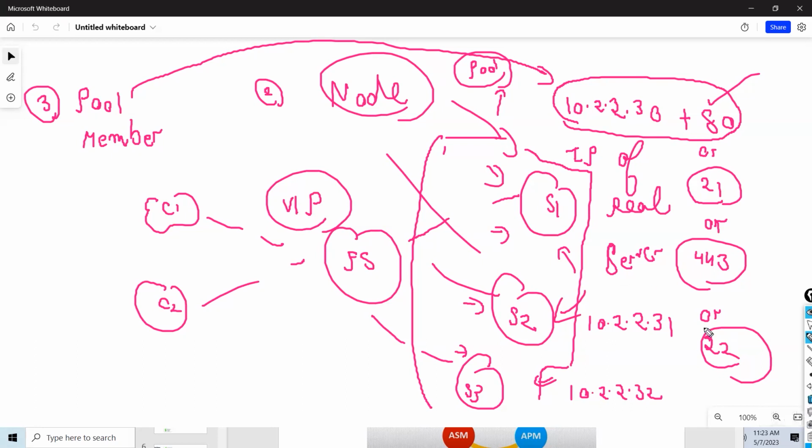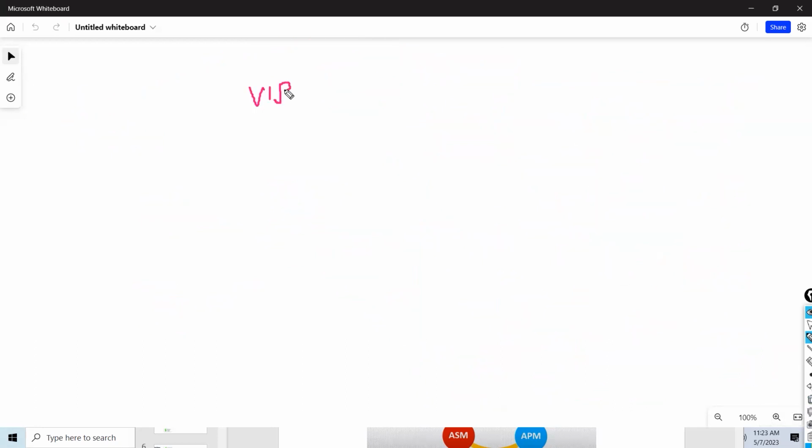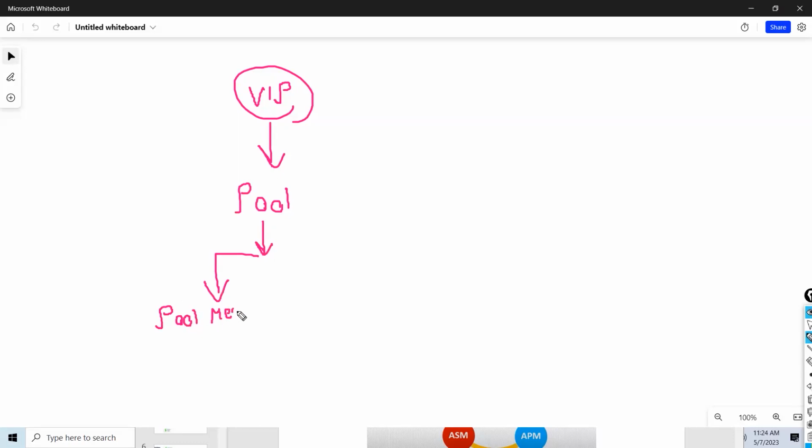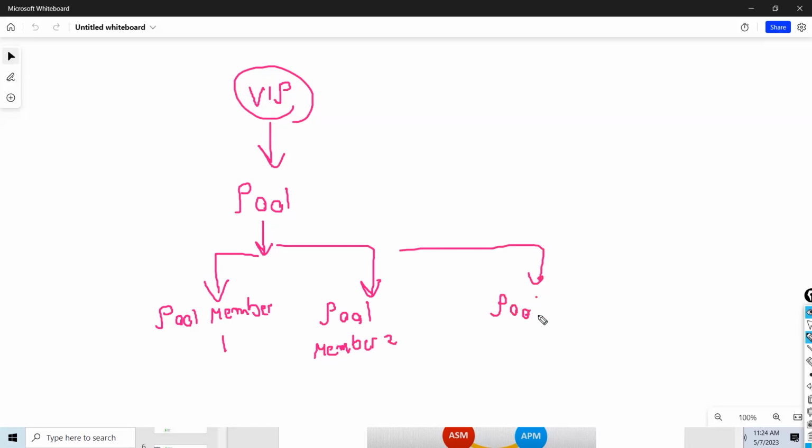So when you deploy F5, guys, you will first create a VIP, then you will assign a pool on that. And a pool is a combination of your pool members. Let's say pool member 1, pool member 2, and pool member 3.